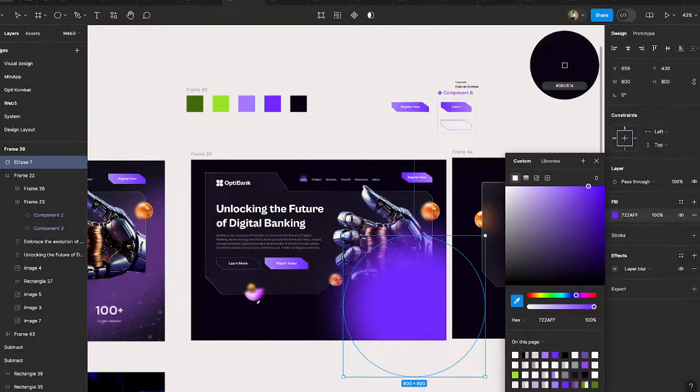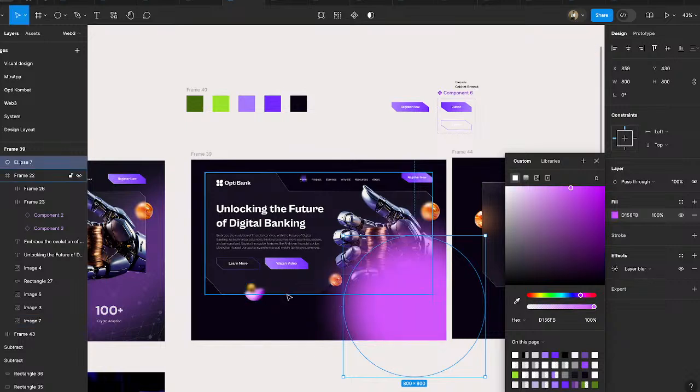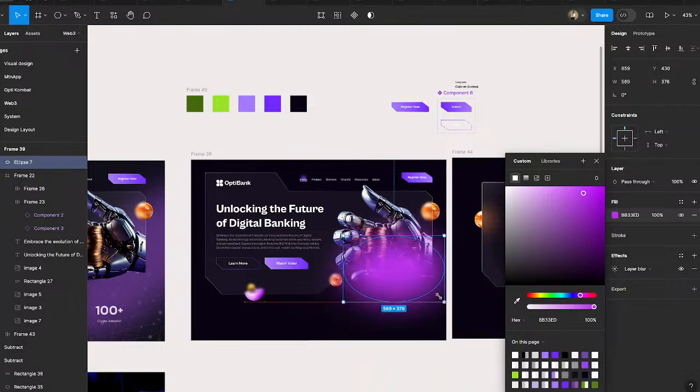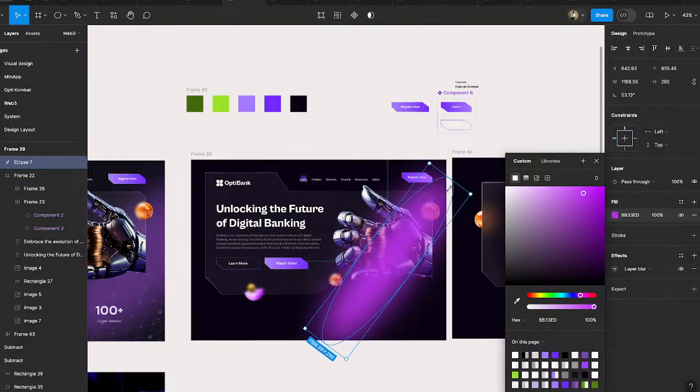I want it to give a pinkish, pink-purple vibe. And then this layer blur, I want it to run diagonally. So I'm going to just make it diagonal and make it look like